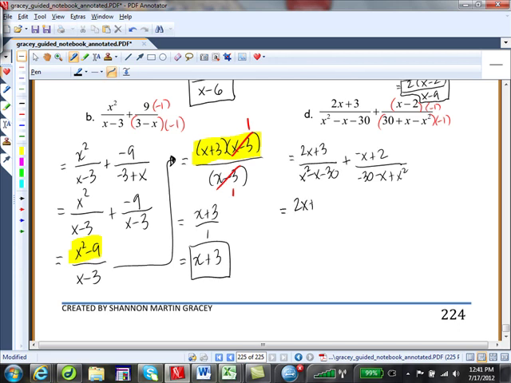This will give us (2x + 3)/(x squared - x - 30) plus (-x + 2) over, I'll commute those terms and get x squared - x - 30. I now have the same denominator, so I can add